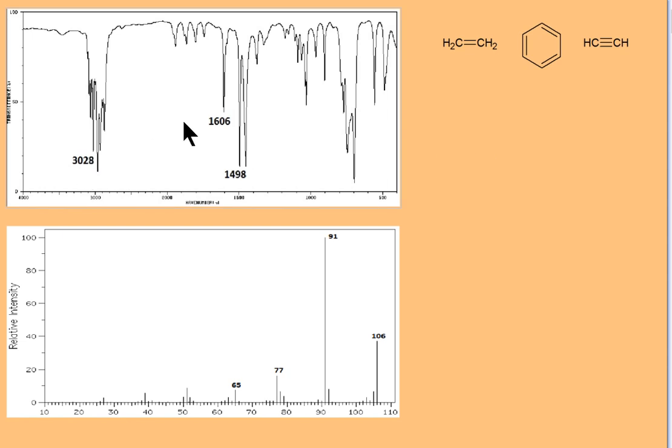So if we look at the peaks together, it looks like that peak at 3028 is actually the carbon to hydrogen stretch for a carbon to carbon double bond like an alkene or an aromatic. But then the peaks at 1606 and 1498 look like the stretching vibrations for the carbon to carbon bonds in a benzene ring. It would rule out really the alkyne because we don't see anything at 2200, and rule out